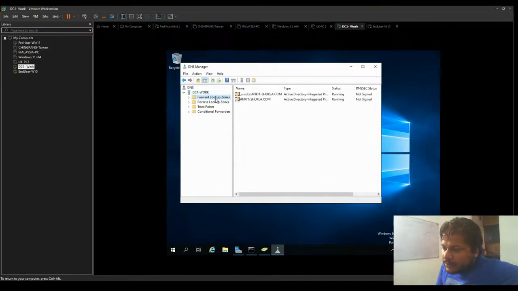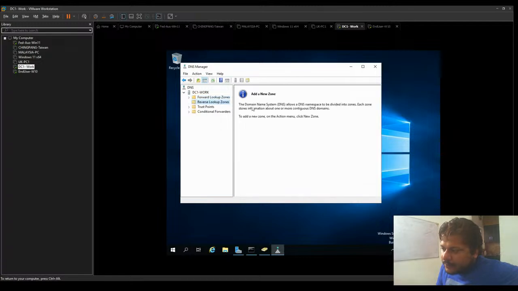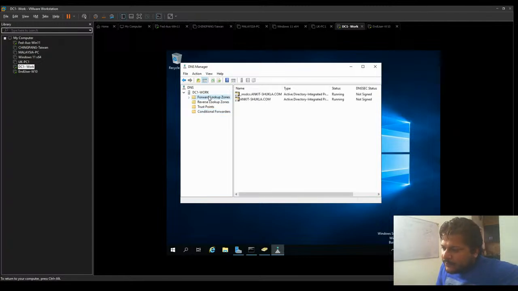You will see the forward lookup zones. You'll have the reverse lookup, which I have not configured yet. Different trust points and conditional forwarders. Now in the forward lookup zone, it shows my Active Directory integrated zone.